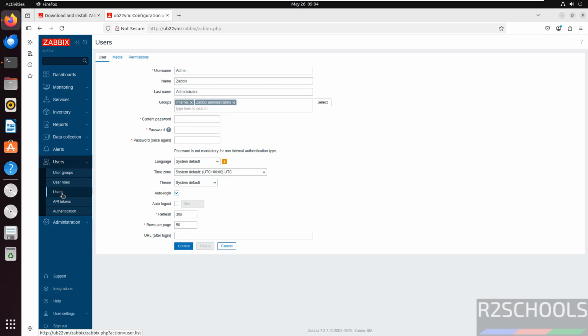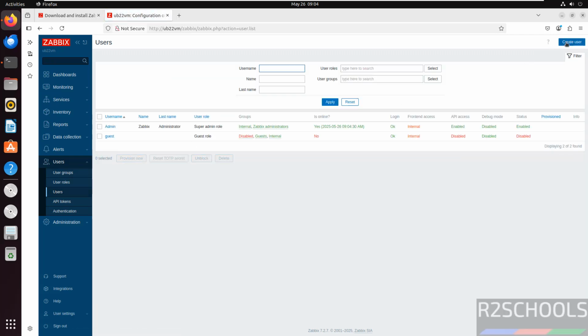Okay, I'm not going to do that. If you want to create a user, you have to click on this create user button. Okay, I'm not going to create one. If you want to sign out, you have to click on this sign out button. So we have successfully installed. The last option that I'm going to show you is